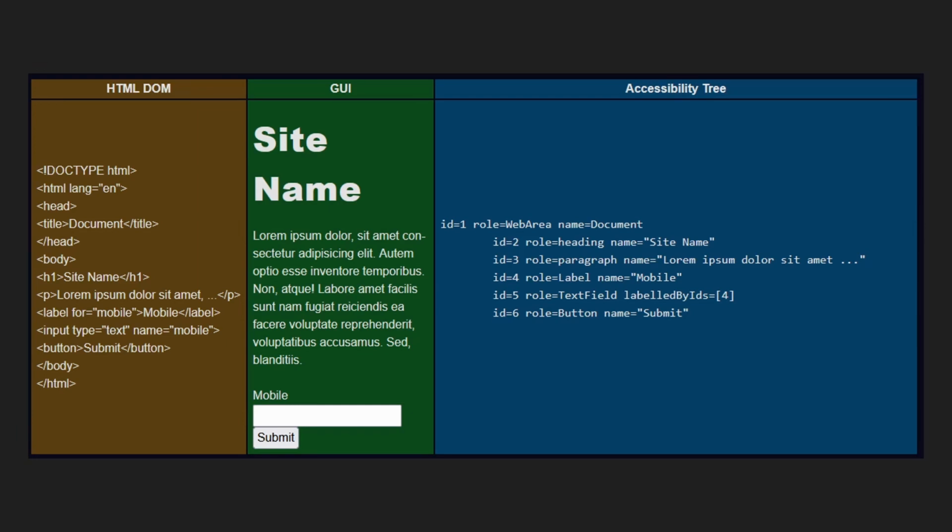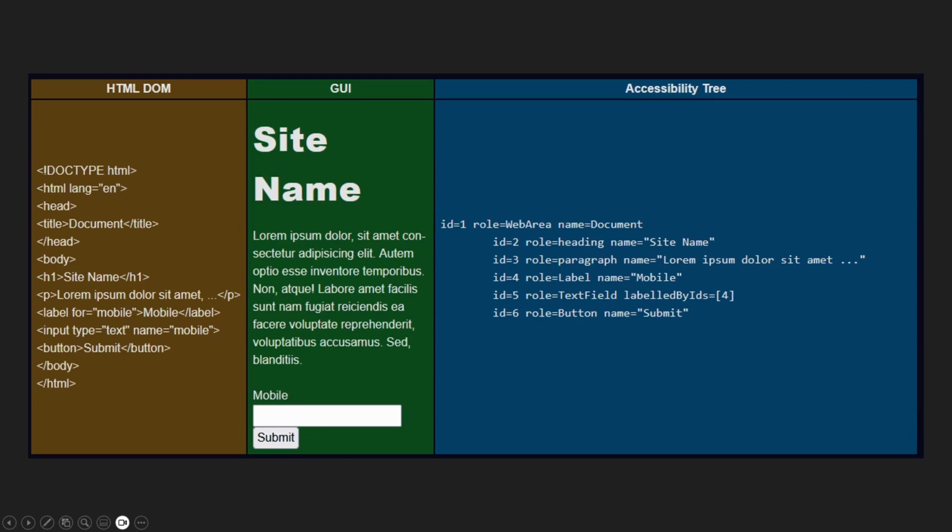So you might have the web area, which is the page. You might have the heading, which is formatted like this. So we can see the roles of each of these things. Some stuff will have a heading, some of it will be a text field or like an input box for text. Some will be buttons, and you can see all of that in the roles here in the blue column